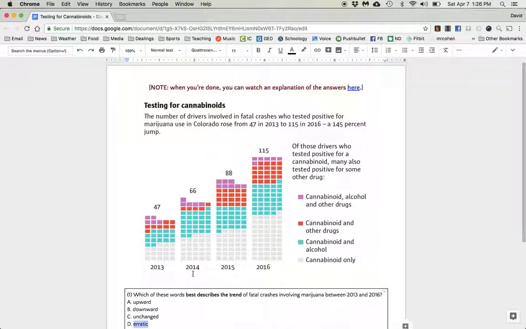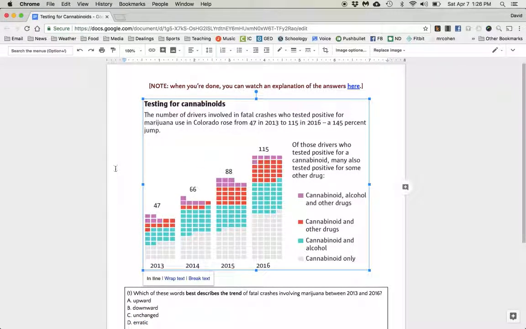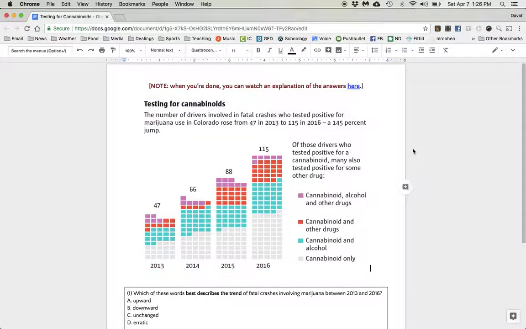Okay, two or three things that you notice about the graph. That's the trend is the first thing that I noticed, that deaths involving cannabinoids in car accidents has gone up. And the gray stuff is just marijuana. Cannabinoid is marijuana, cannabis, anyway, is the word most people are familiar with. But involved in other things, it's interesting that it looks like